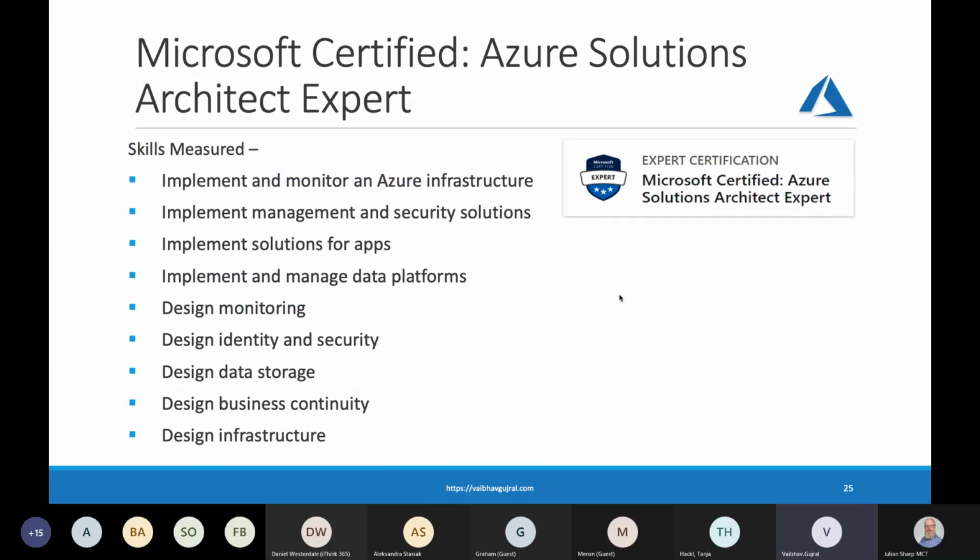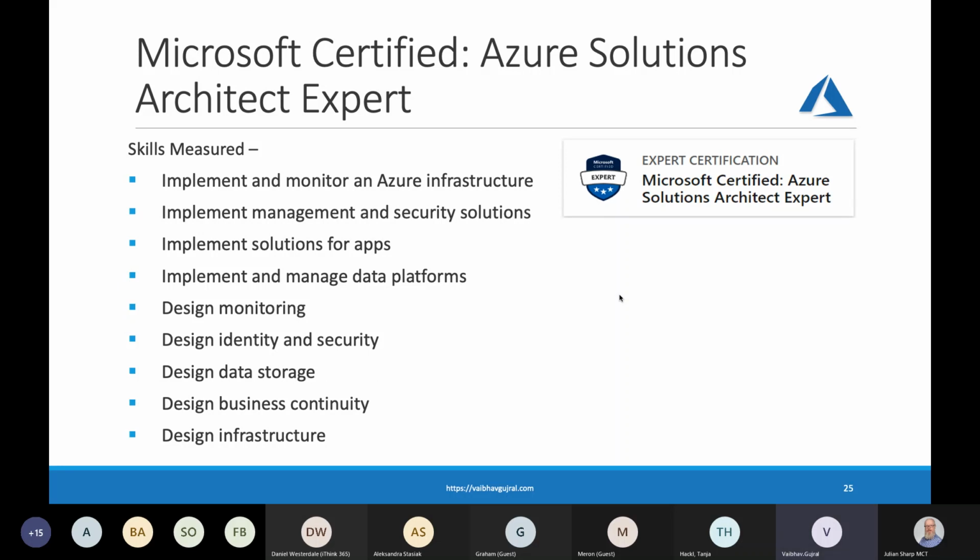It covers the length and breadth of so many services. As you can see, it covers infrastructure services, application services, identity and security, data services, and designing for business continuity. It's a very big